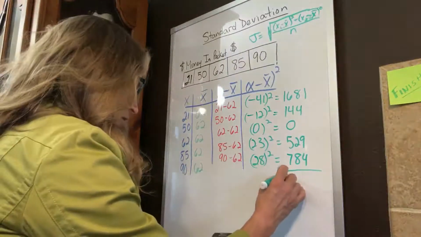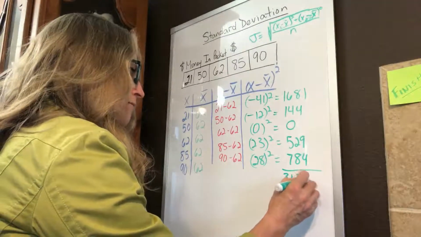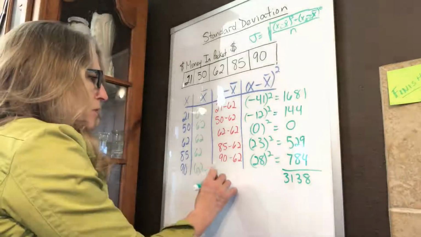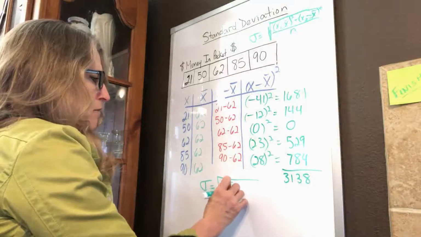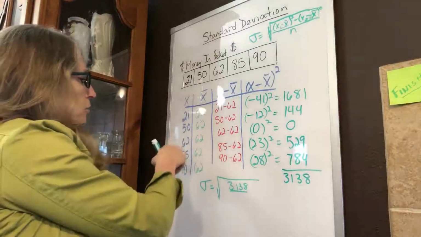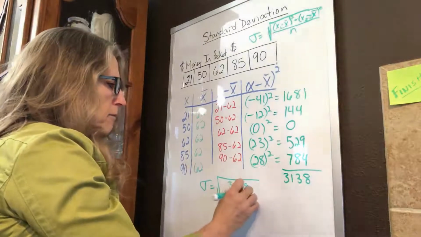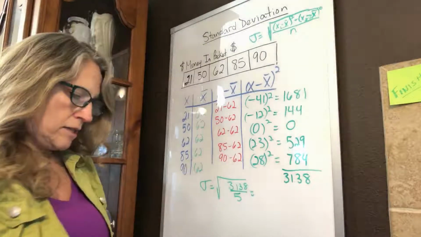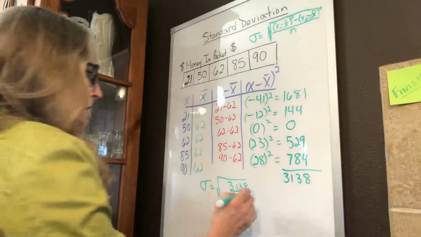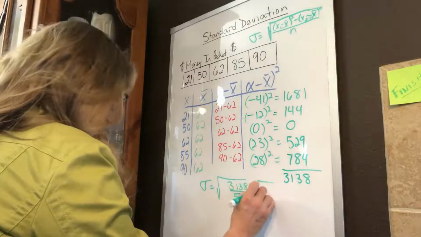So this totals to 3,138. So my sigma, my standard deviation, is the square root of 3,138 divided by 1, 2, 3, 4, 5, right? So 3,138 divided by 5 is